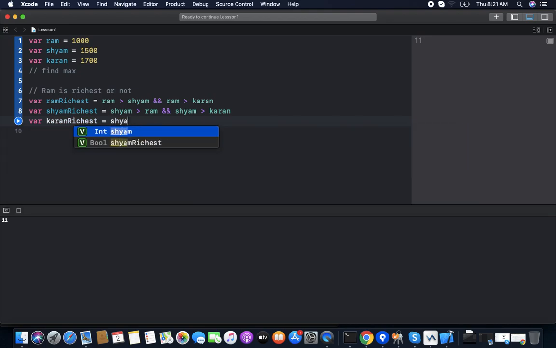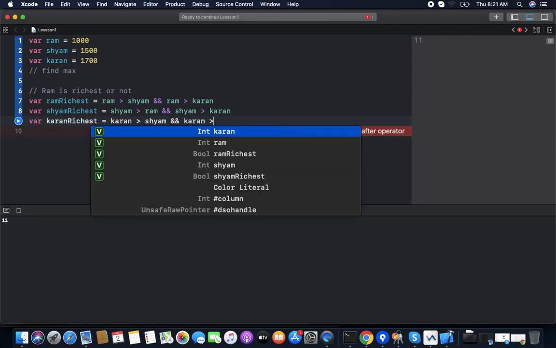If Karan is greater than Shyam and Karan is greater than Ram.